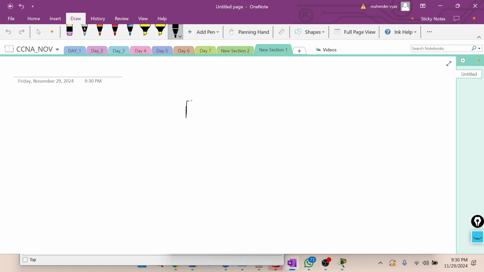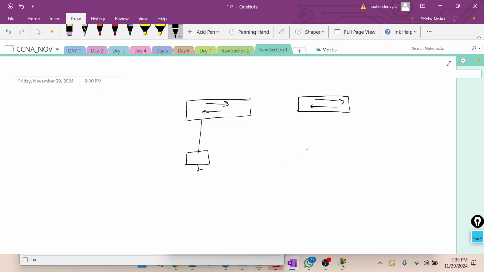Example, suppose you have one PC here, one switch connected, and you have another switch here. Now you have one computer connected here, and another computer connected here, PC1 and PC2. Any particular port on a switch should take part in only one VLAN. This port should be part of only VLAN 1, or only IT, or only sales, not part of both the VLANs. That time you create an access port.